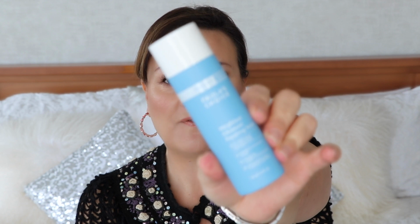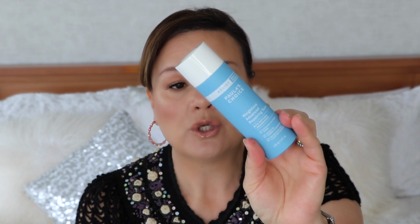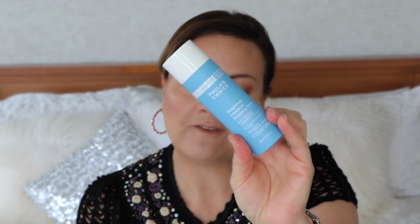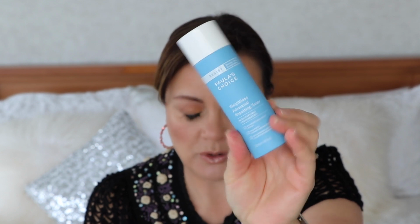And then I've also got the Weightless Advanced Repairing Toner. So this also has peptides and resveratrol in it, and will be very good at helping to prep your skin ready for any of the wonderful actives and serums you are wanting to use on your skin. Then I wanted to try another moisturizer that was probably a little bit more heavy duty, maybe for the evening,